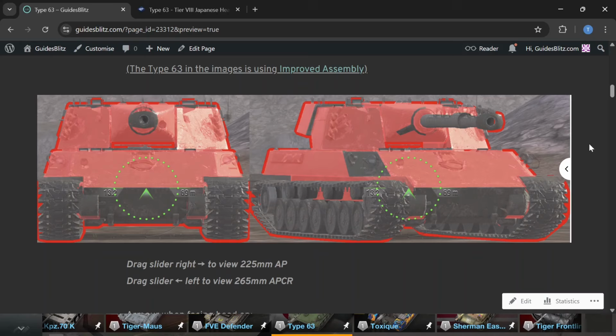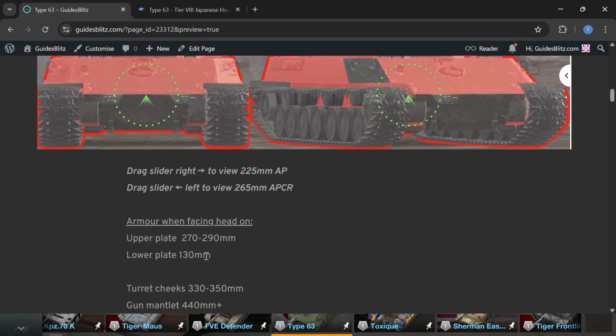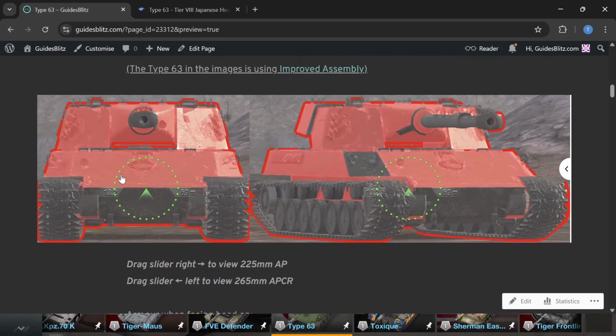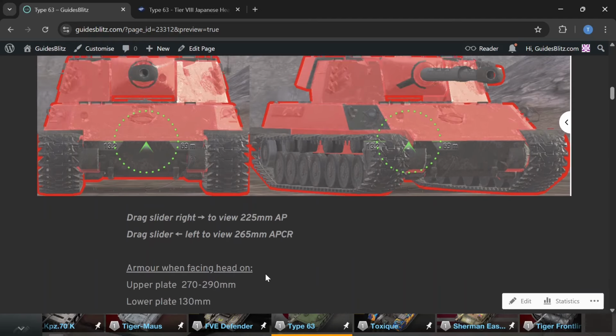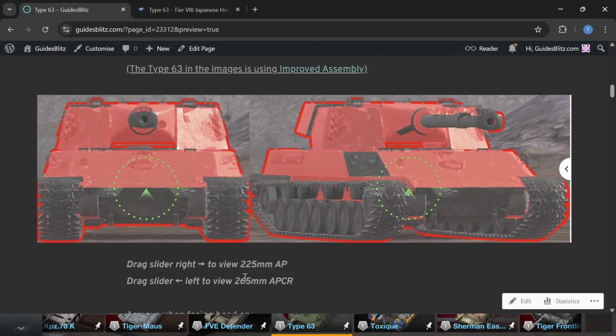But here we can see the armor of the Type 63. Against standard ammo, 225 AP, it's actually got very solid armor. The upper plate is between 270 and 290 millimeters thick, 270 being the bottom area, 290 being closer to the top, which is very good upper plate armor, and most premium ammo in Tier 8 from heavy tanks can't go through the upper plate of this tank. And by the way, this tank is using improved assembly, not enhanced armor, so it does actually still get better than this. Next, the turret front is 330 to 350 millimeters thick, which is one of the best in Tier 8